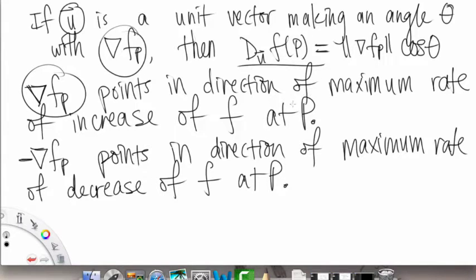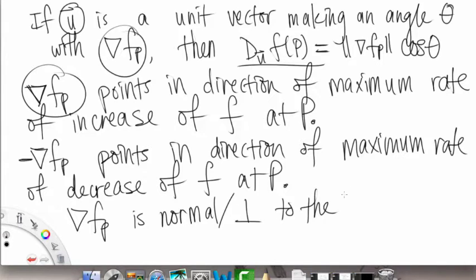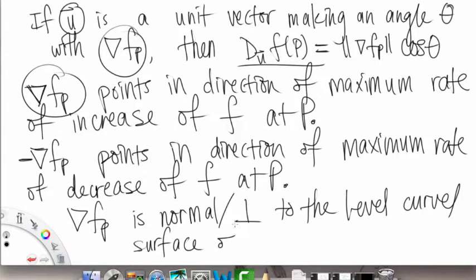Okay? And then one other thing to note is that the gradient f sub p is normal, aka perpendicular, so normal, perpendicular to the level curve or surface of f at p. Okay, and what that means is basically when we have some kind of like, here's our